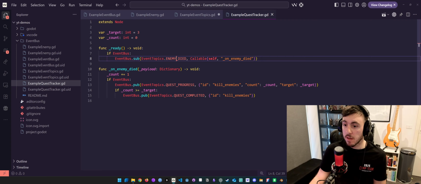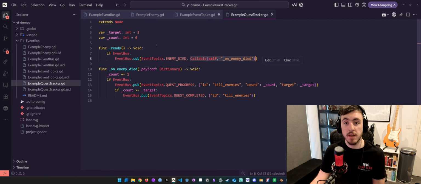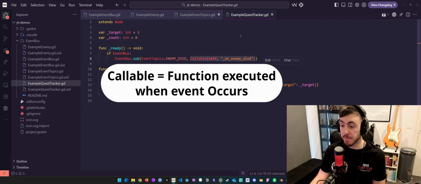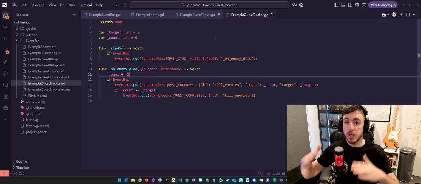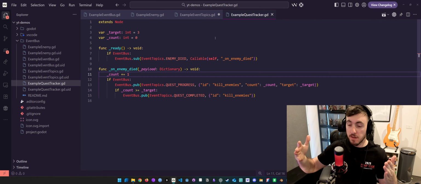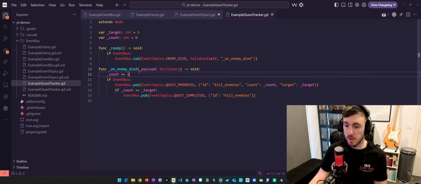Eventbus.sub, pass in the event you're subscribing to, and this is the interesting part here. Your callable is the function you execute once this event occurs. I'm going to repeat that part again. The callable, the second parameter of the eventbus.sub function, is the function you would like to execute once the event you're listening to executes. So that's the important part, because that's where all the actual action happens after the event takes place. So down here is the actual function we're calling on enemy died,